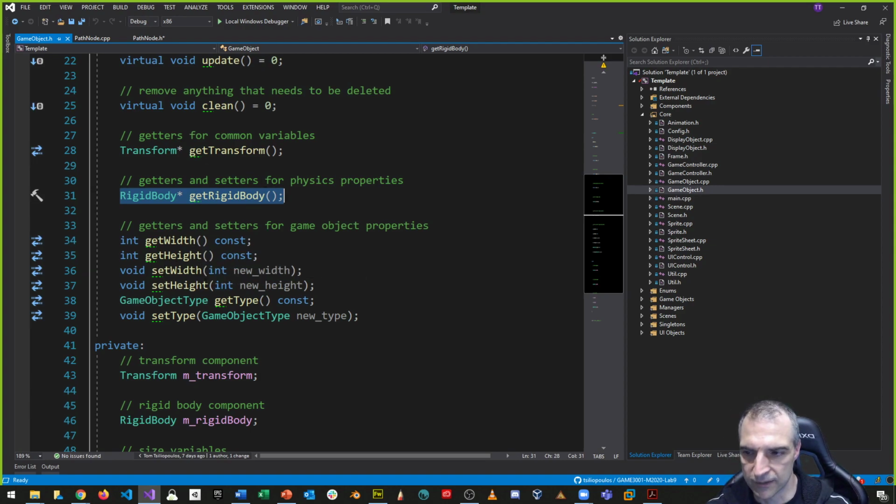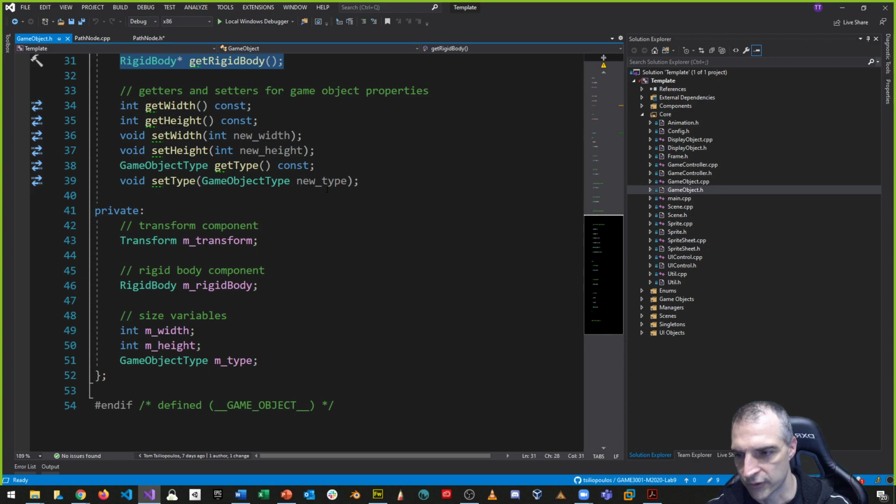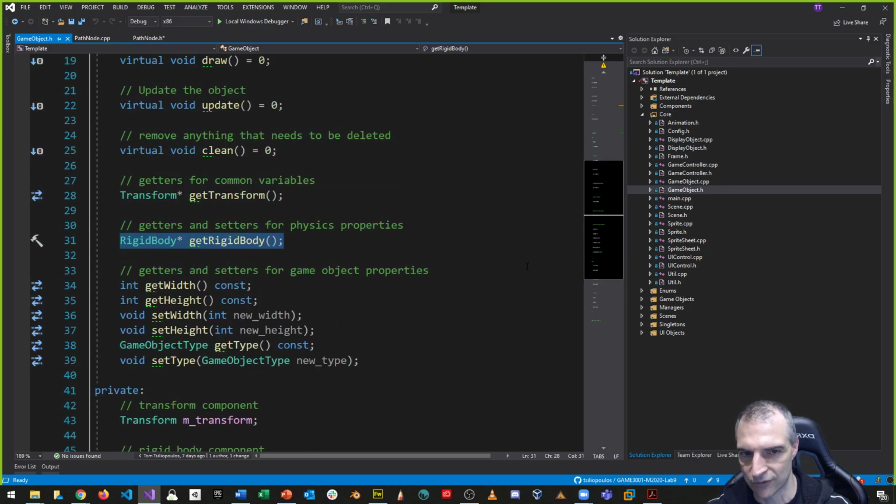Get width, get height, and all this stuff is important because we need to know where it is and how wide it is and so on, what we're looking at. For example, if I'm making a death plane at the bottom of a platform, then I'd want to know the width and the height of it. Okay, I want setters and getters for this. So there's some stuff that's extra. We're getting extra things that we don't need, but we're getting less extra things than if we made it a